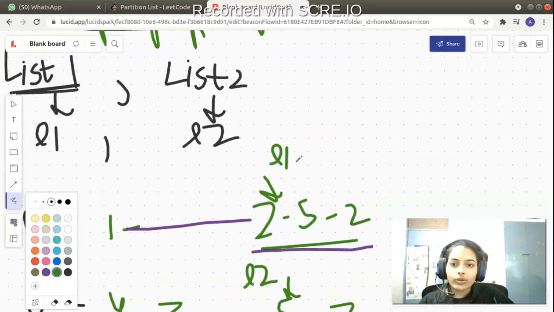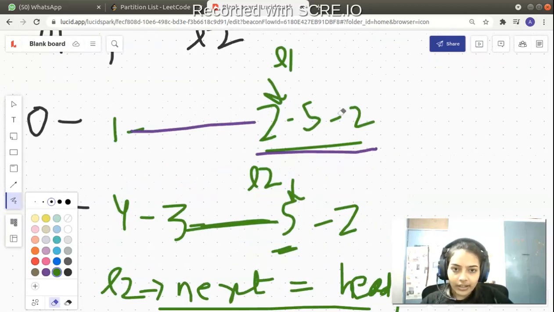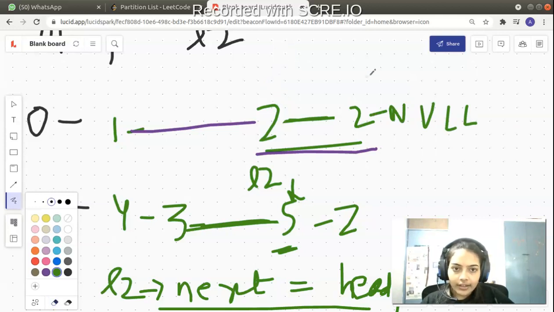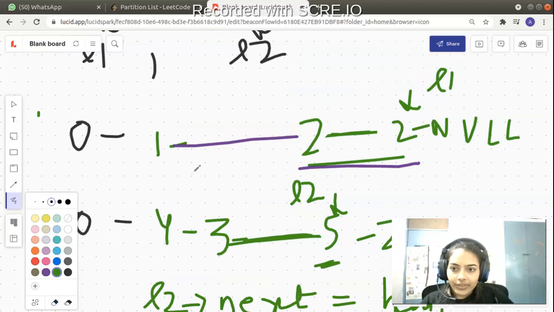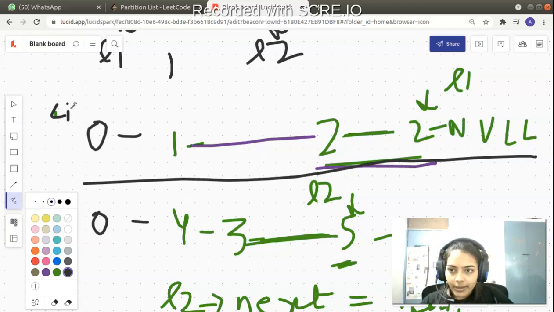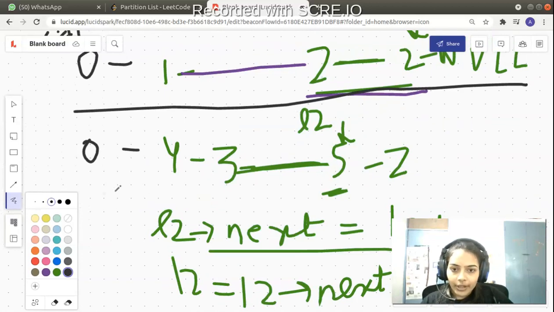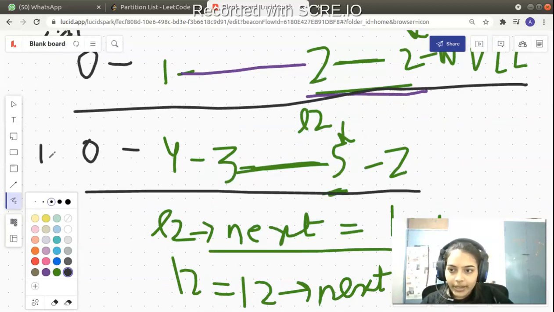Okay. Now I go forward to the last element. Last element is 2. 2 is smaller than 3. So again, this attachment will happen. L1's next will become equal to this node, which is having 2, and then it is having null. Okay. And then I shift my L1. So my L1 gets shifted and I get L1 pointing towards this. So basically, this is my node. Okay. So this is my list 1, and L1 is pointing towards this element, and this is my list 2. Okay, and L2 is the node which is pointing towards this.